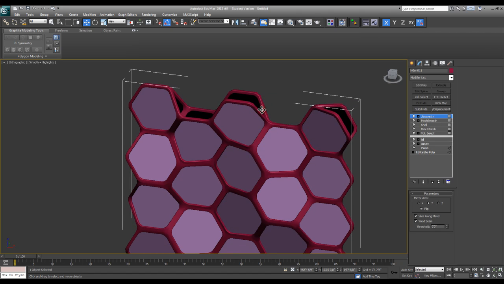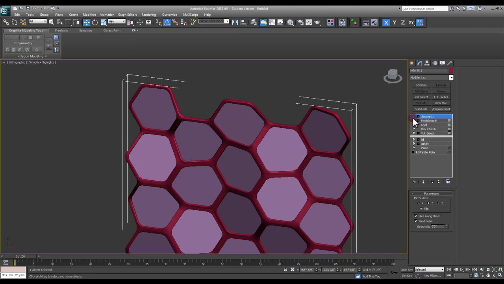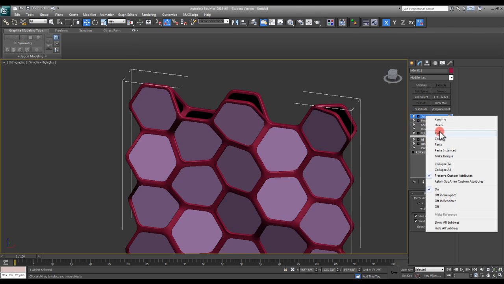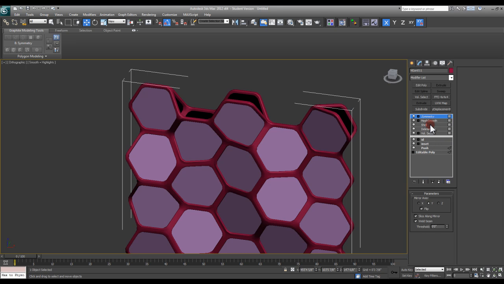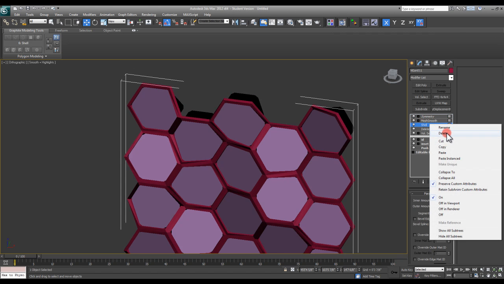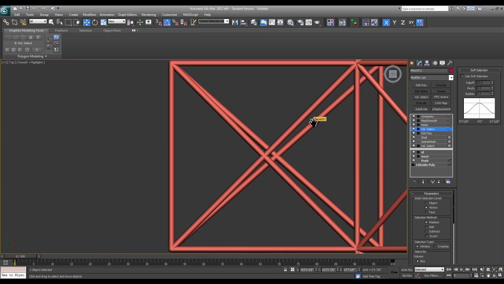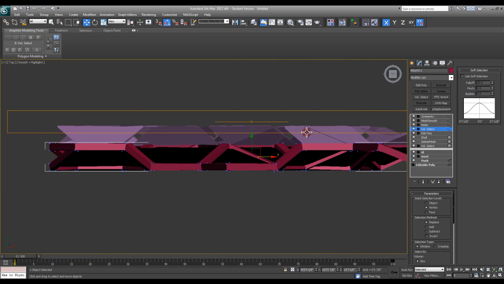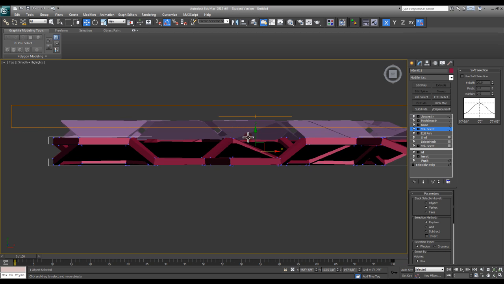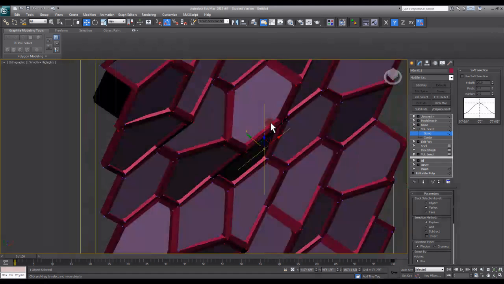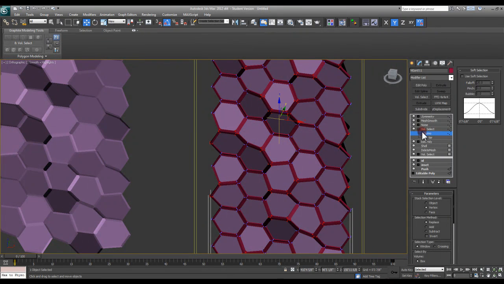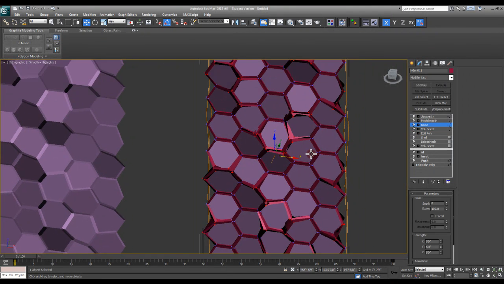So we'll do it to our mesh first. We'll keep the symmetry on, and we'll paste this into where the shell modifier is, before my mesh smooth. So I'm going to paste this in here. So I have the shell, and then I have my edit poly and my volume select. If I look at my volume select here, you can kind of see it there. And I'm actually going to take my volume select now and move it so that it's affecting these guys here. And then I turn on my noise, which